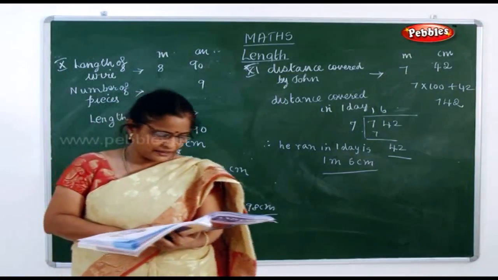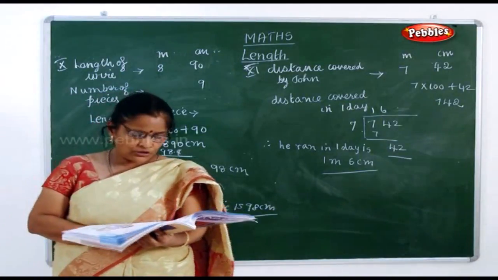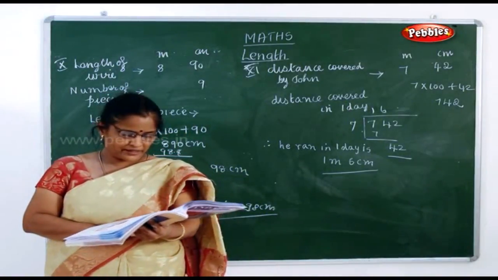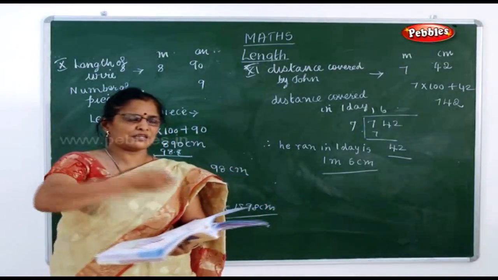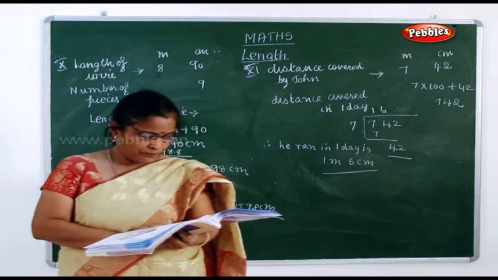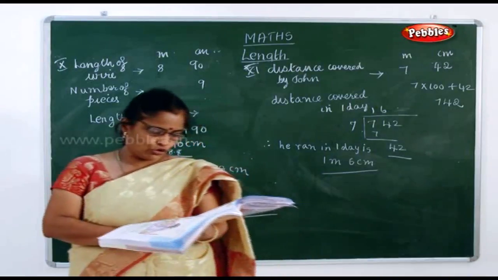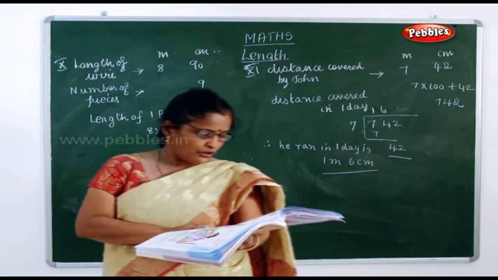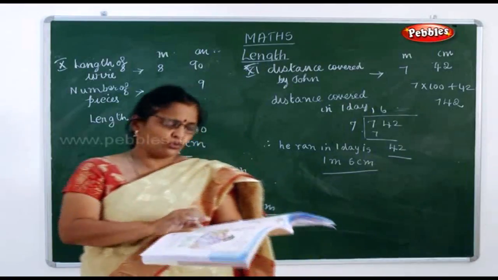Now the second activity given is the relationship between one's height and weight. Now what you have to do is start collecting the information with the help of your teachers and your parents. You start recording in your notebook. You take one person's height and weight. You start collecting and find out the relation between one's height and weight. Now next activity, measure the length and breadth of your rooms. In your house, you'll have your rooms. So you have to measure the length and the breadth using a meter scale and write it in your notebook. This is a small activity which you can do at your home.